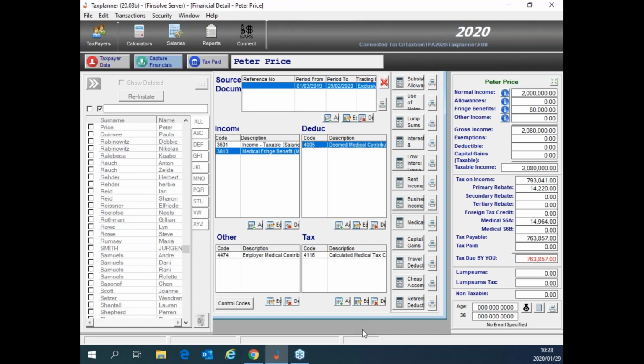Anyway, so we're gonna work, and that is all. That information is all on the specific IRP5 that you received from your employer, which in this case is Exclusive Builders. Under other, you'll see that the 4474, the employer medical contribution, is listed, as well as the tax medical credit of 14,964 rand, which it automatically calculated for you, will then be allocated to the tax